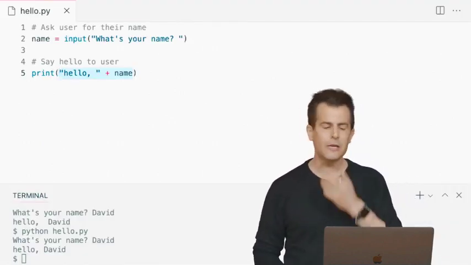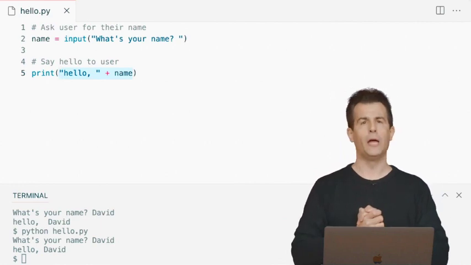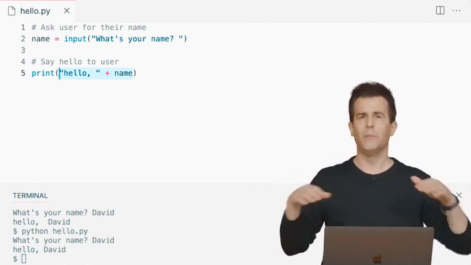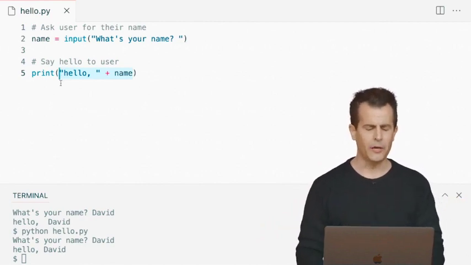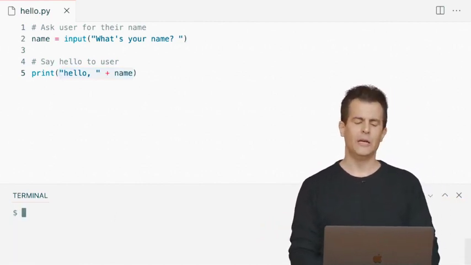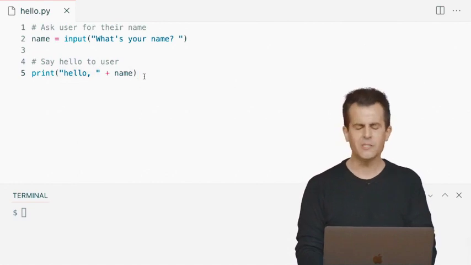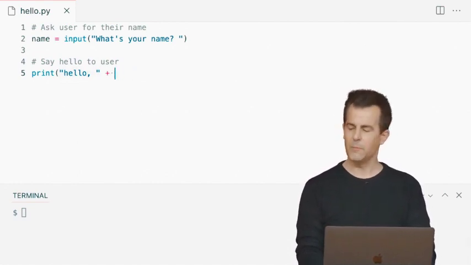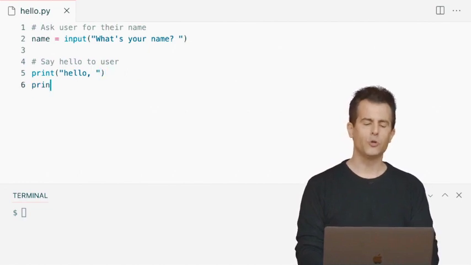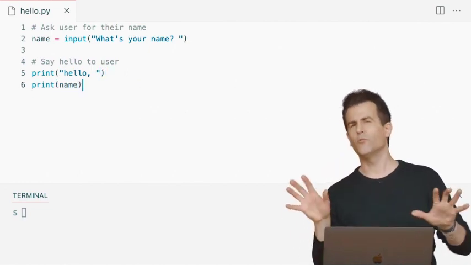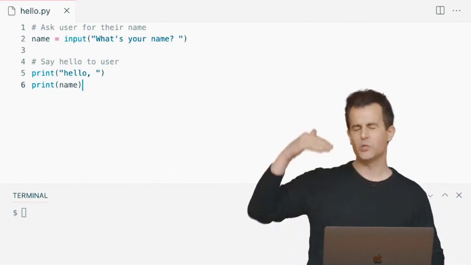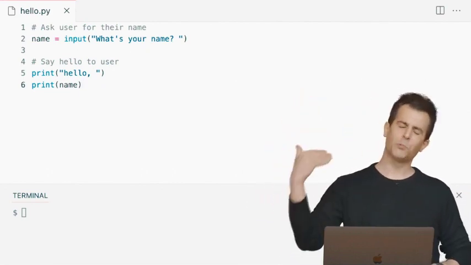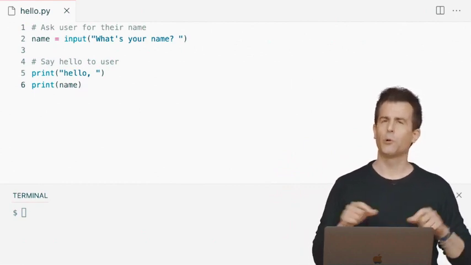In fact, let's see if we can't improve this in one other way. I like the progress we've made by keeping everything on the same line. Hello, comma, David. All on the same line. What more, though, could we do in terms of solving this problem? Well, it turns out that we didn't have to give up entirely on using print twice. Let me rewind a little bit and go back to that earlier version where I wasn't really sure how to solve this problem. So I was using print once to print out just the hello and the space and the comma. And then I used print again to print name.